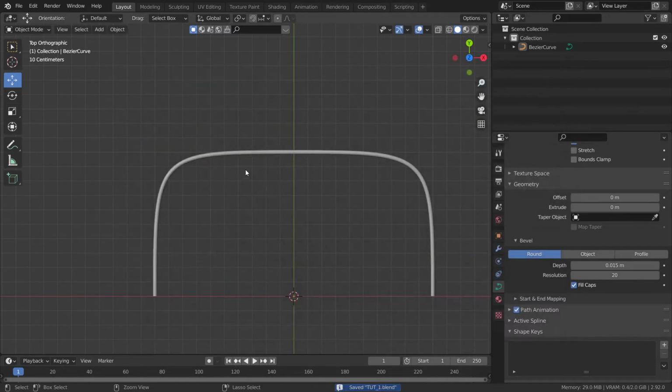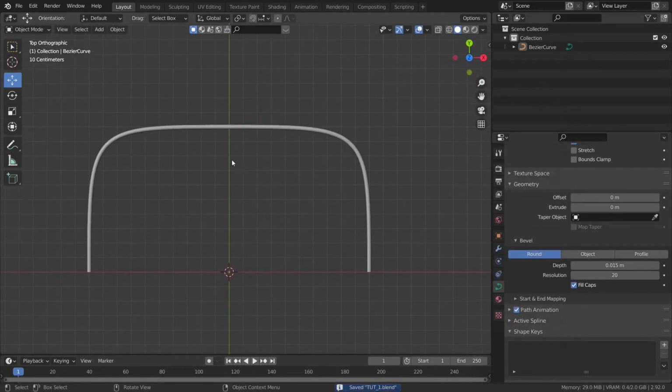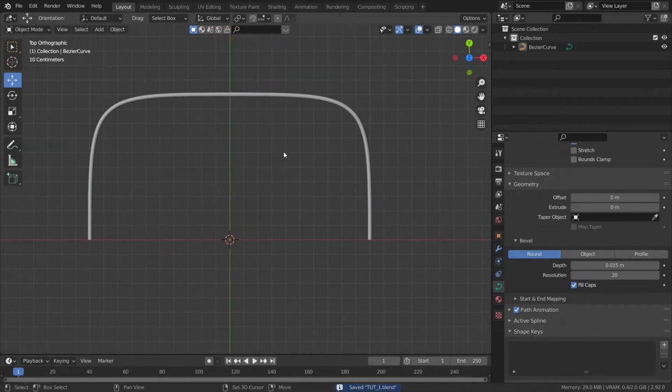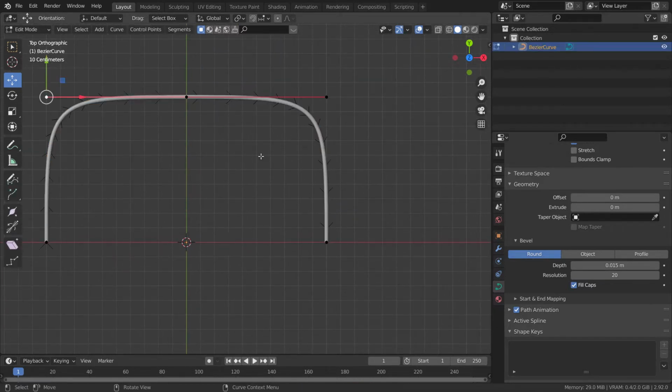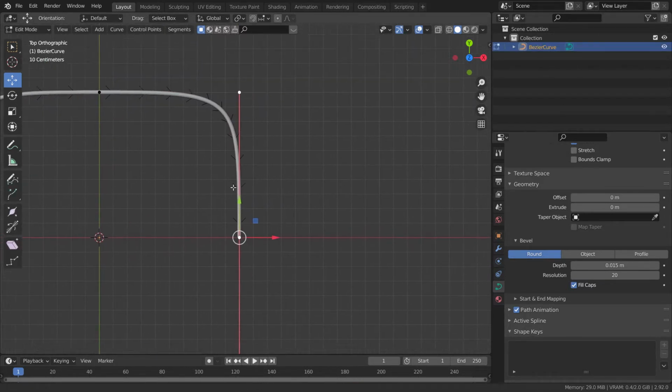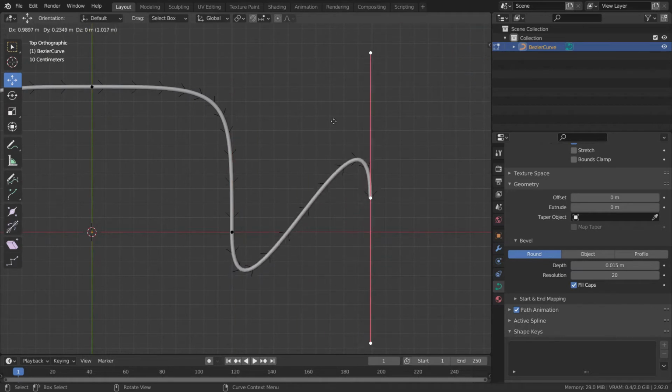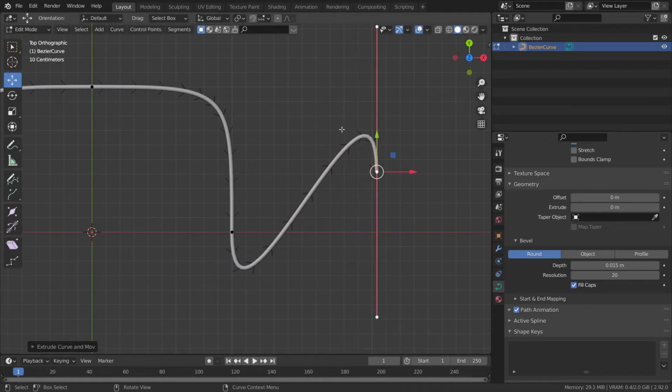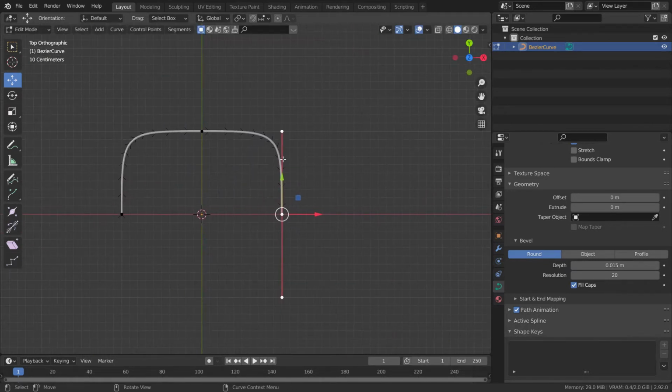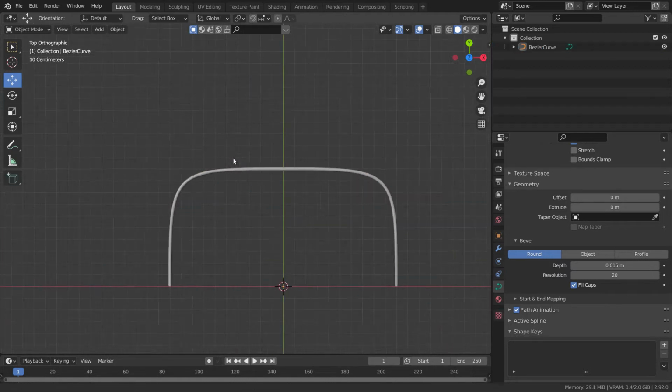Let's save it. And now as you can see, I got my wire, and as I said, this wire is completely procedural, so now you can just go ahead and extrude n number of wires you want.